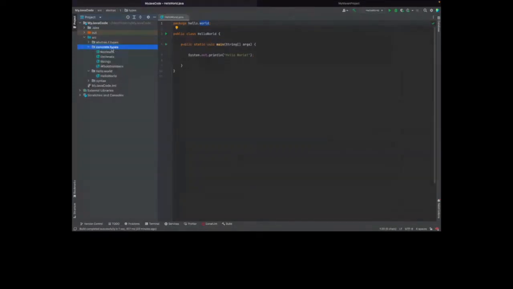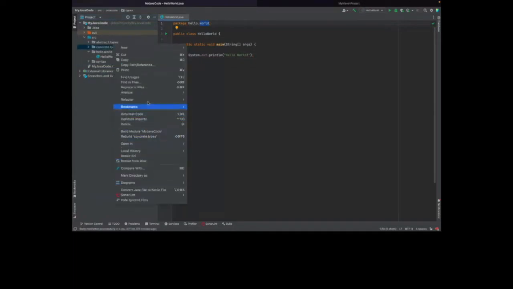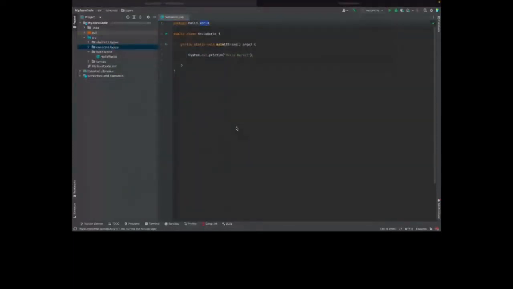I have a package called concrete types, a package called hello world, a package called syntax, and we'll dive into one of these. And they're all inside of a source folder. If you actually look at this package in Finder, they're basically just folders.